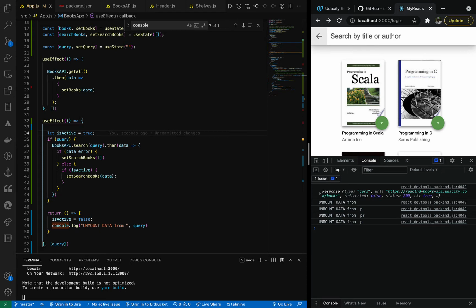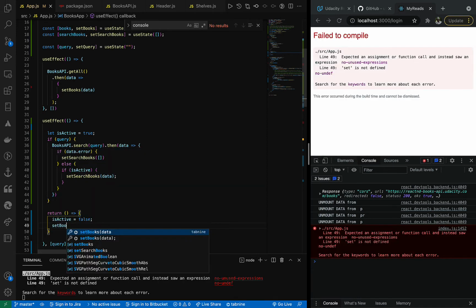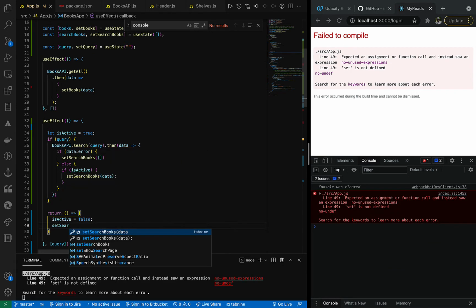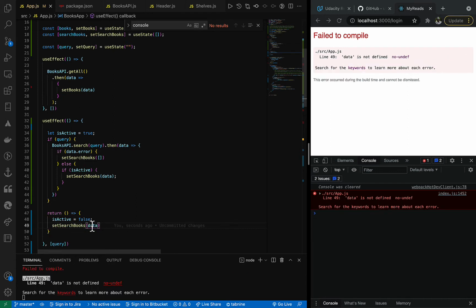Let's see if is active, then set search to true. Okay, and one other thing is, we want to set the books here. Also set search books to false, to an empty array. Okay,